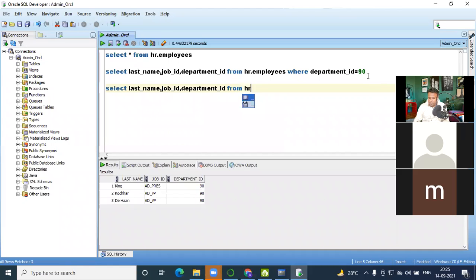HR is the schema. HR dot employees where last_name is equal to